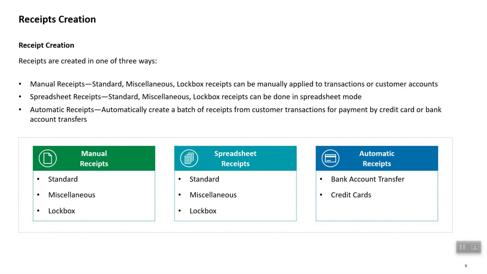Basically, a miscellaneous receipt, by the name itself, is not tagged to a particular customer. It could be any miscellaneous amount that I have received. I don't know the details, and I've just received that information as a part of a miscellaneous amount, and maybe that is the time when I would key that information in as a miscellaneous receipt. And the third one is logbox. There is one dedicated slide for logbox, so we will discuss logbox receipts in that particular slide.